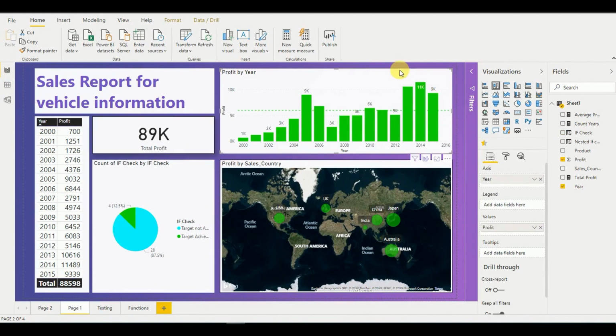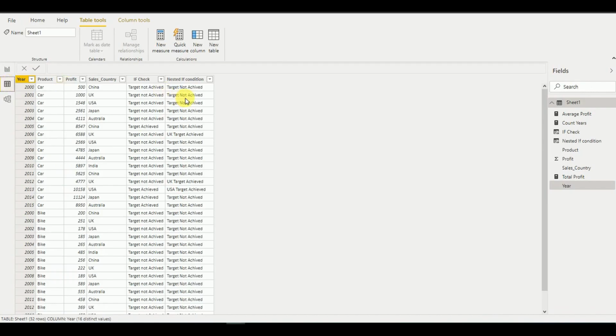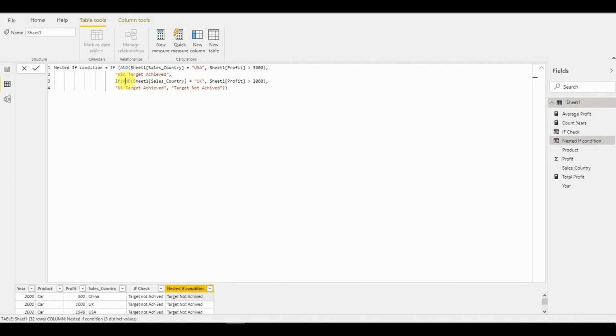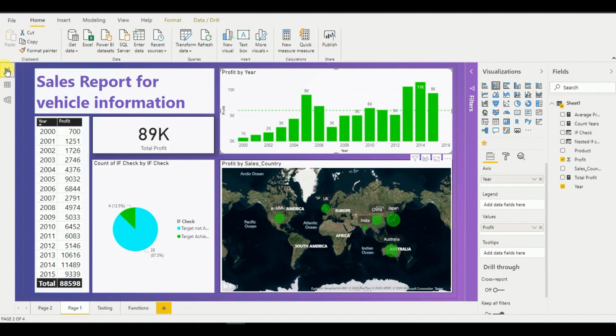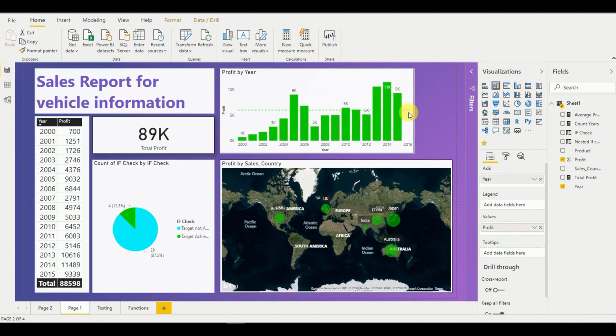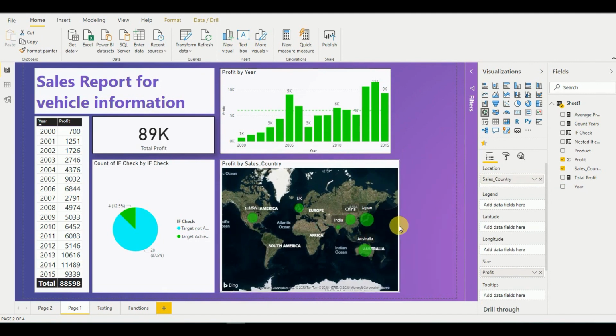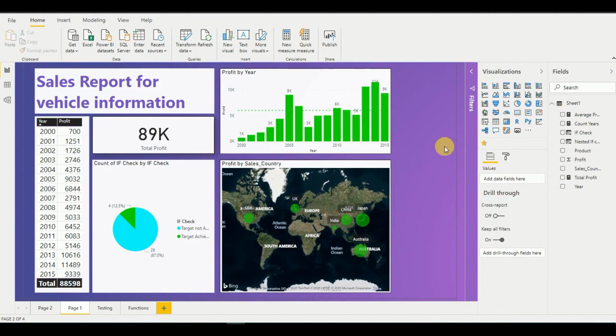So in the previous example you have learned how to use the AND operator, and at the same time you have learned how to use the nested if conditions, right? So we go to the data tab, the Power BI dashboard again. So I take a small placeholder here. So now I'm going to insert a pie chart,